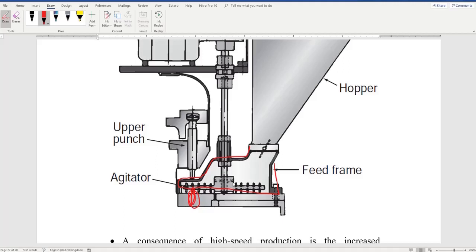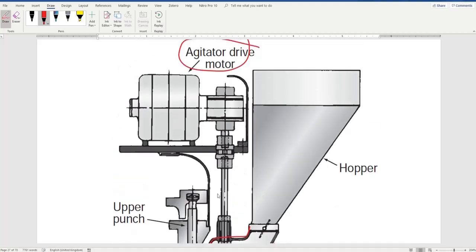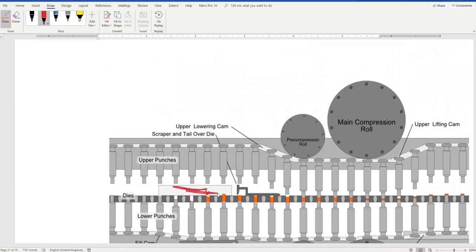In order for this to happen very quickly, you need to agitate the powder in the hopper shoe. Otherwise, not enough powder gets in, and if there is not enough powder because of high speed or bad flow, then less powder will get inside, and you will have problems with the weight of the tablet, with the mechanical strength of the tablet, etc. I will talk about these problems, but first, let us go back